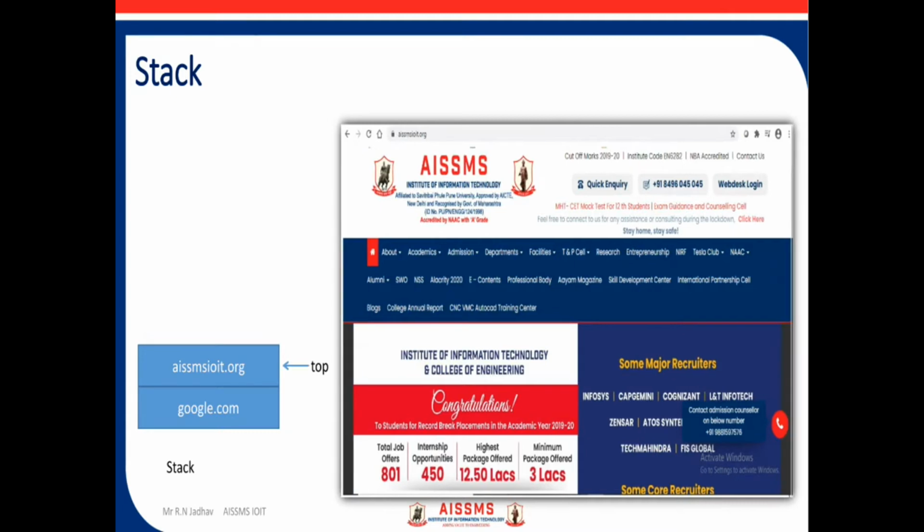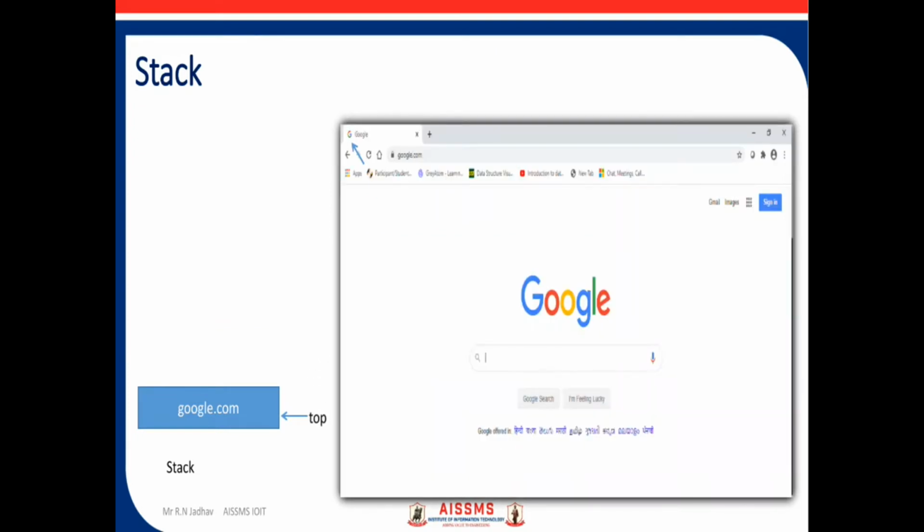Again, if I click on the back button, I can go to the last visited page. So this is an operation of stack which uses the principle of last in first out. That means who comes last will go out first.